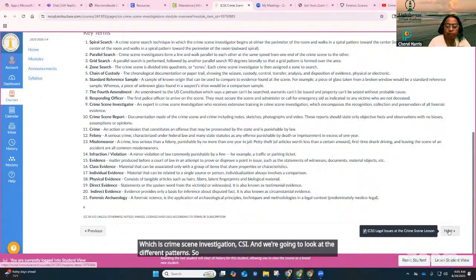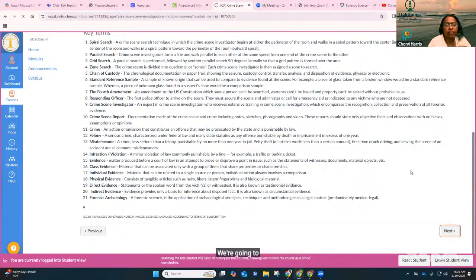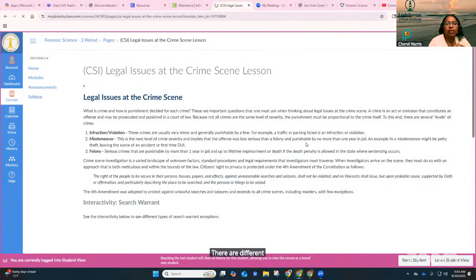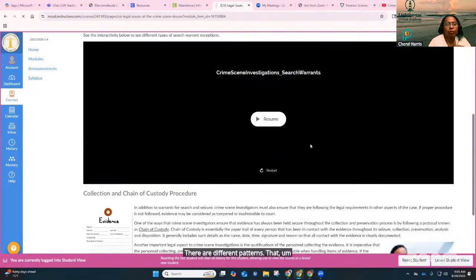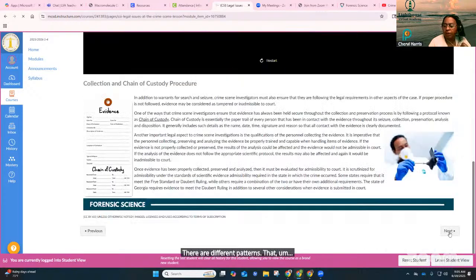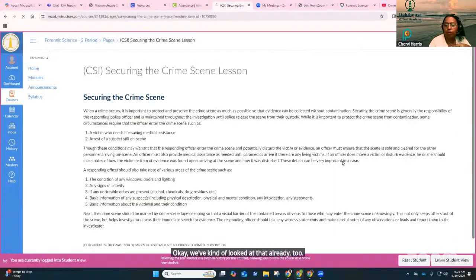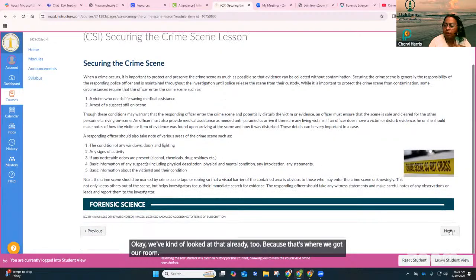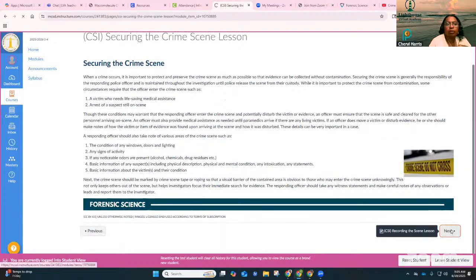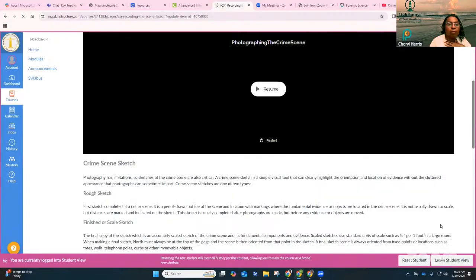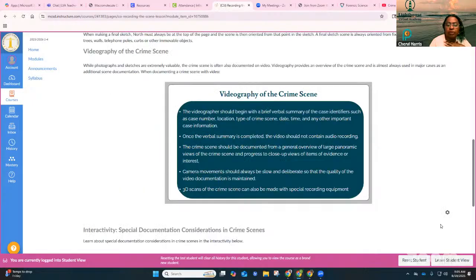So this is the vocabulary for that. We're going to look at if you're at a crime scene, there are different patterns that, okay, we kind of looked at that already too. That's where we got our, okay. I might be doing this backwards today, but